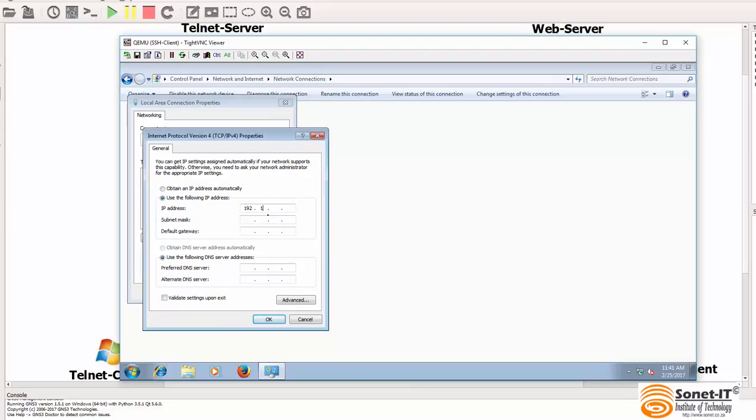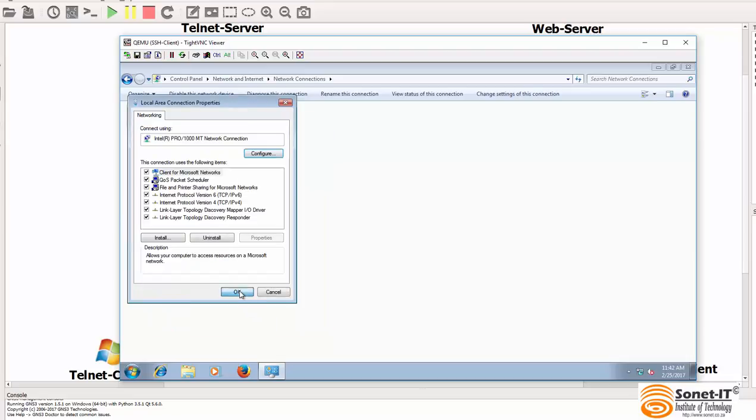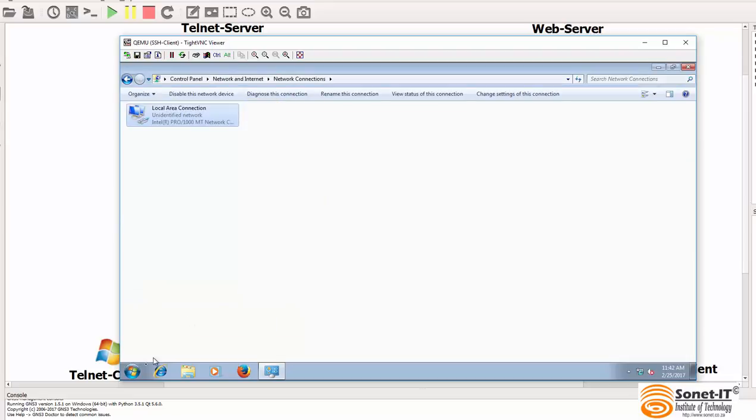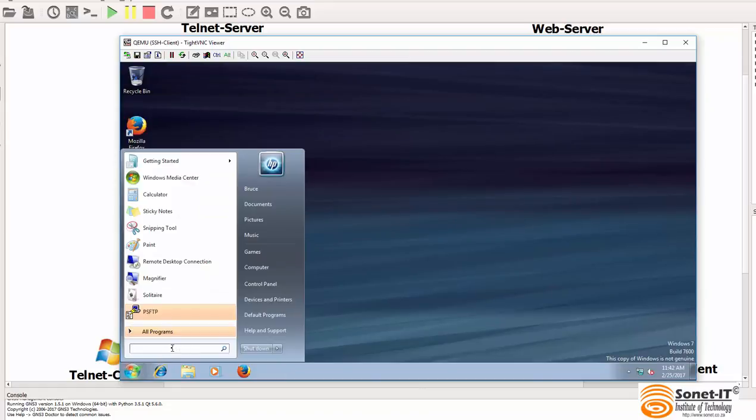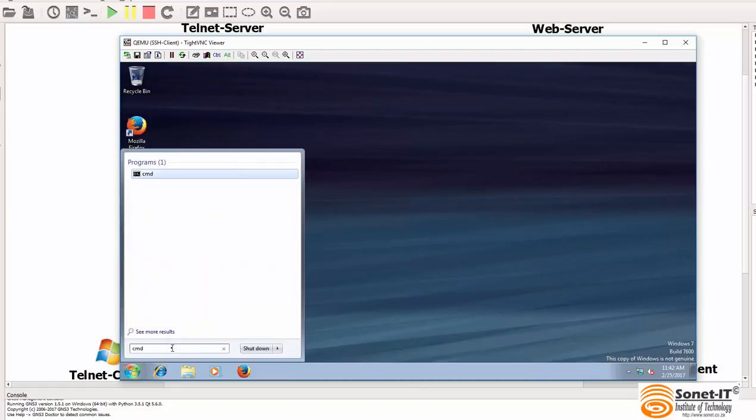So our IP is 192.168.15.20. We're using a /24, which is 255.255.255.0. We don't need a gateway, and I can say okay. Okay, then I can exit this and start the terminal shell,